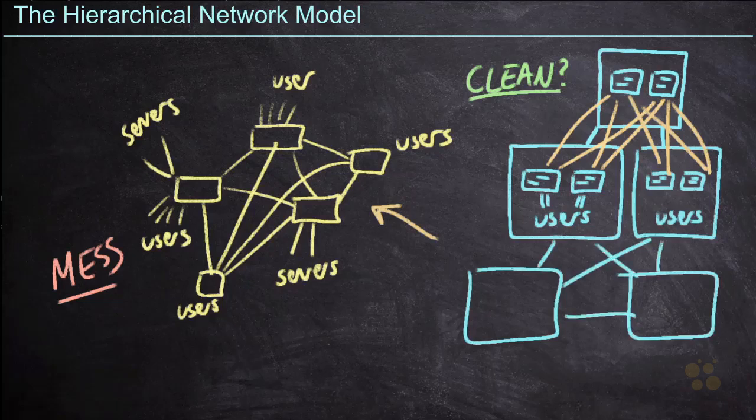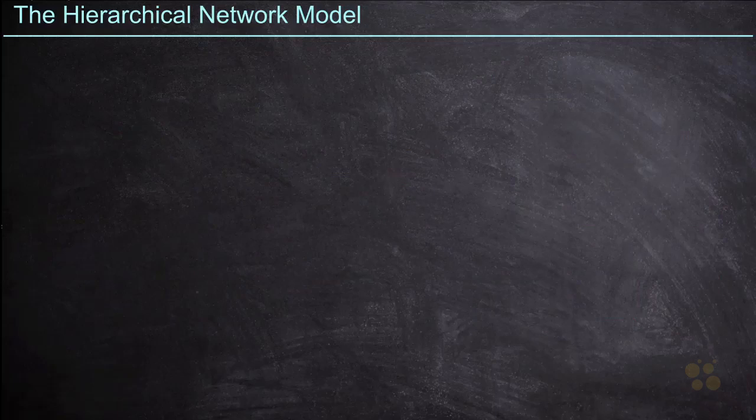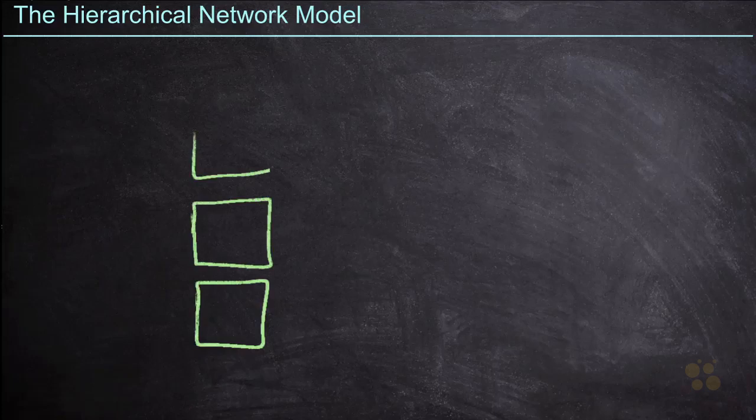Because if I do that, then it's no real different than what I was doing over here on the left. This is where the hierarchical network model comes into play, specifically the hierarchical part. The idea of a hierarchy implies that we have different levels of network access that are going to stack on top of each other. So for example, we might have all of our users attaching at the lowest level, and